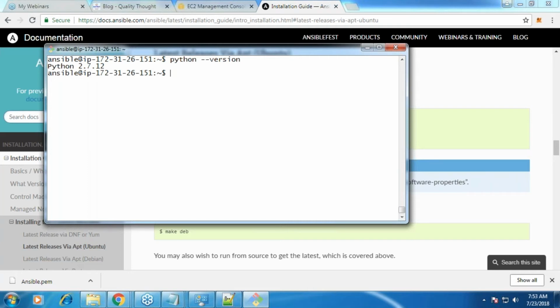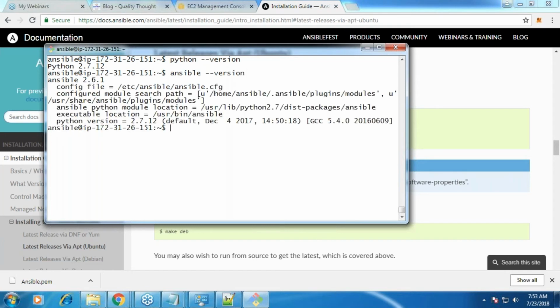We are good, right? And we have to check one more command, which is ansible hyphen version. Yeah, are we good? So we have Ansible on this machine and Python also installed on this machine. Good. So this is the setup. That's it, right? The other configuration management systems are not this simple. For you to install it will take a lot of time because you will have a hefty server, which is basically a beast. But here it is a very lightweight version of it.